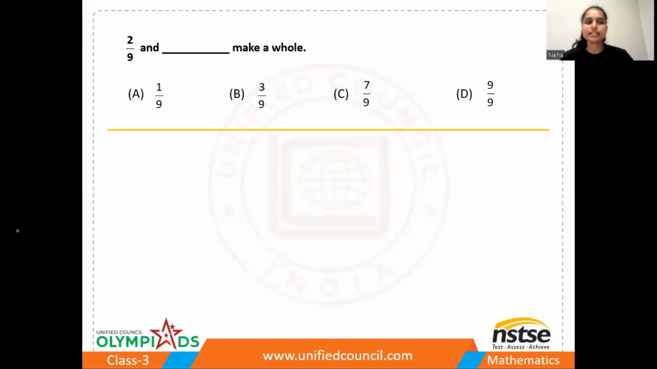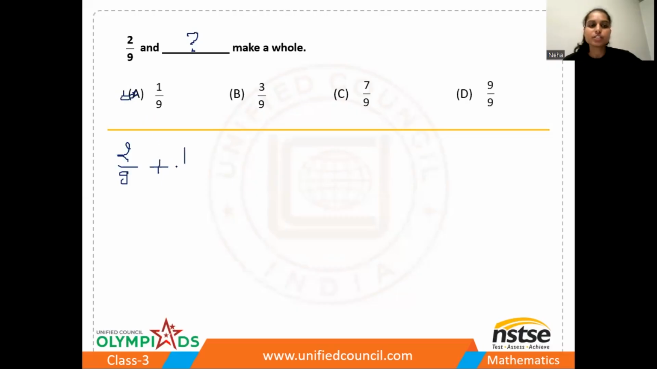The next question says that 2 by 9 and which number make a whole? That means what number should I add to 2 by 9 so it will give you a whole number, not a fraction value. For this question, I can just go with the options. So let's suppose